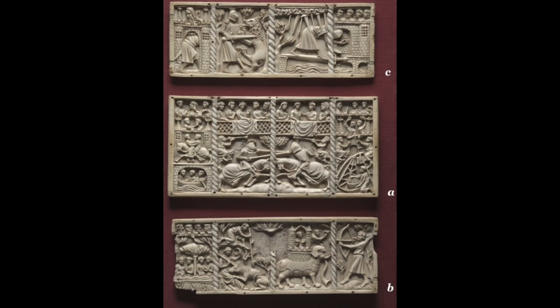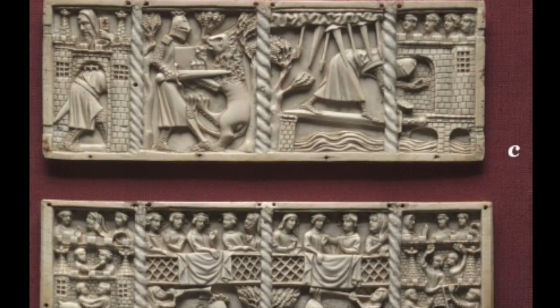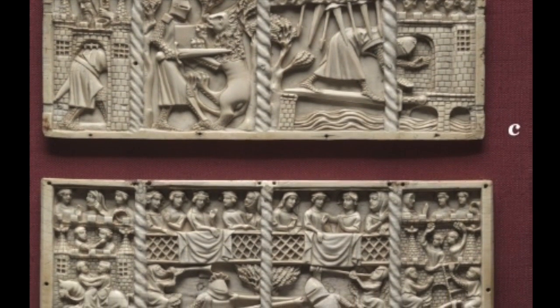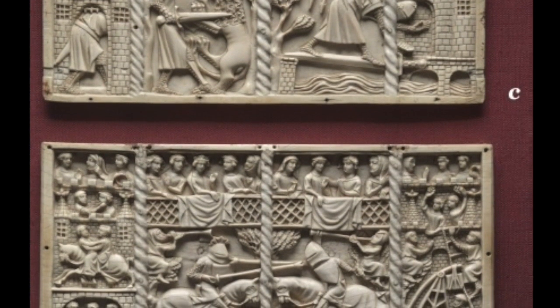The desire for ivory in the Middle Ages was impressive. After there was an ivory shortage in the 12th century, it wasn't until the 13th century that ivory made a strong comeback. When it was discovered again in Northern Europe, new objects were created and the desire for personal ivories grew. Ivory carvers would develop unique looks, like the artists in the Paris workshop, which allowed the pieces to stand